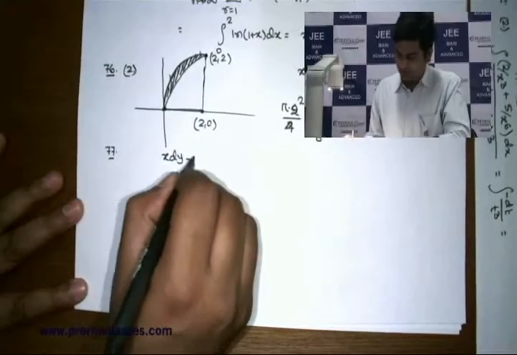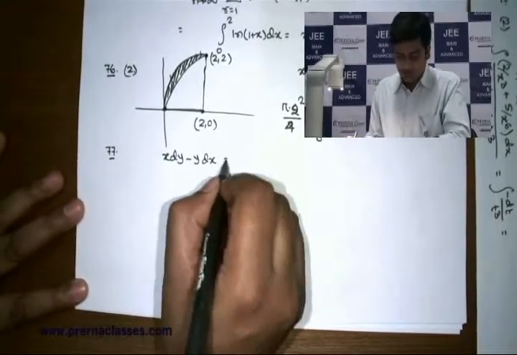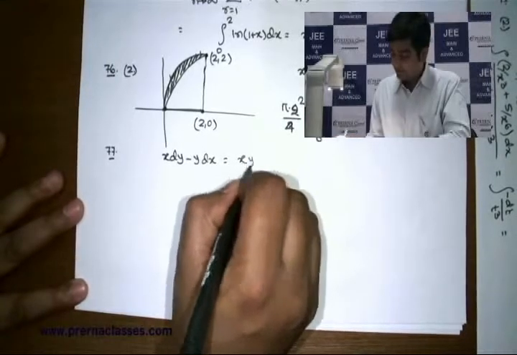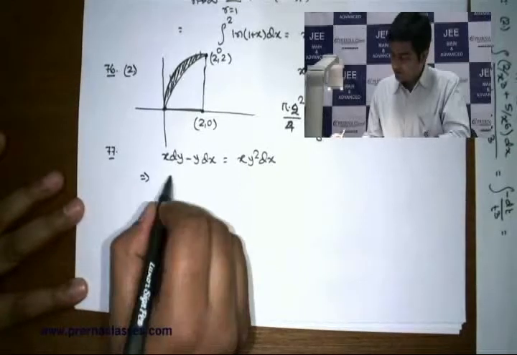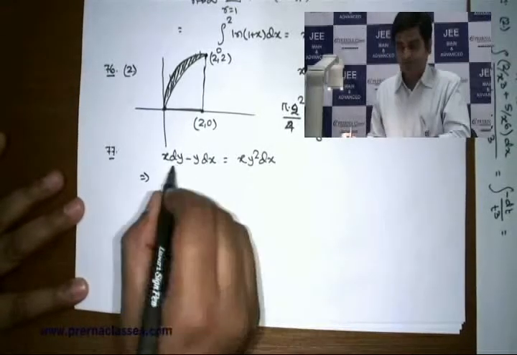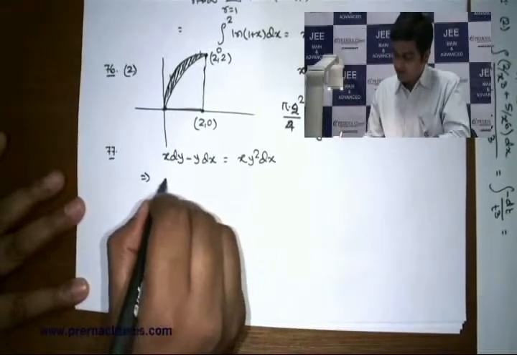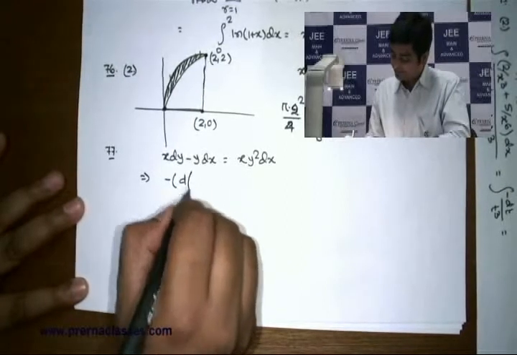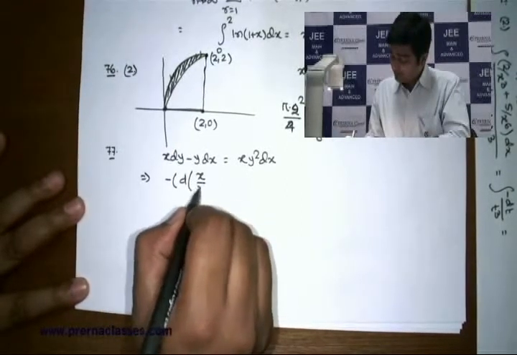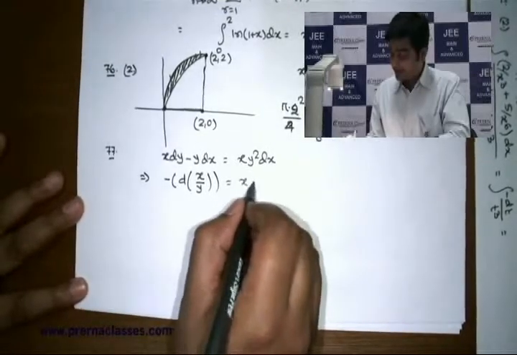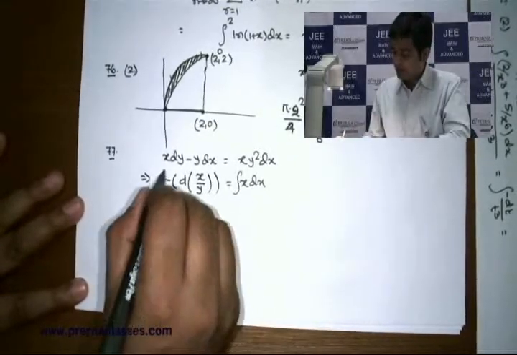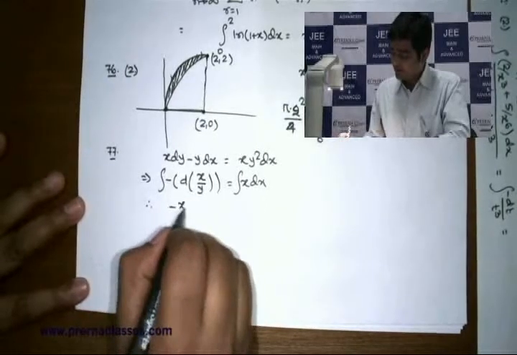The next problem is related to the differential equation. One differential equation is given, and once you simplify that expression, that is x dy minus y dx equal to xy square dx, you can check that is in exact form. And once I take that y square to this side,